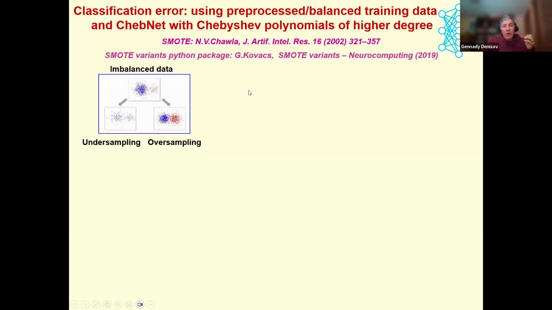And first, let's talk about balancing data. How do we balance data across different classes? Consider a first example. There are two classes, for example. This is imbalanced data. There is a majority class and a minority class. And there are two fundamental approaches to balancing. One is called undersampling, where,